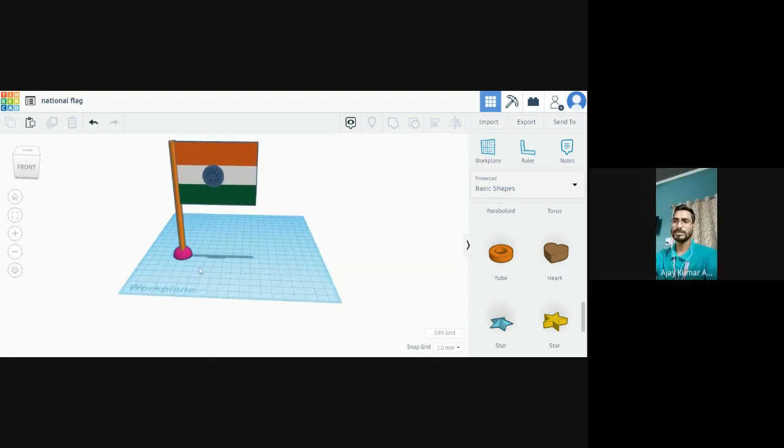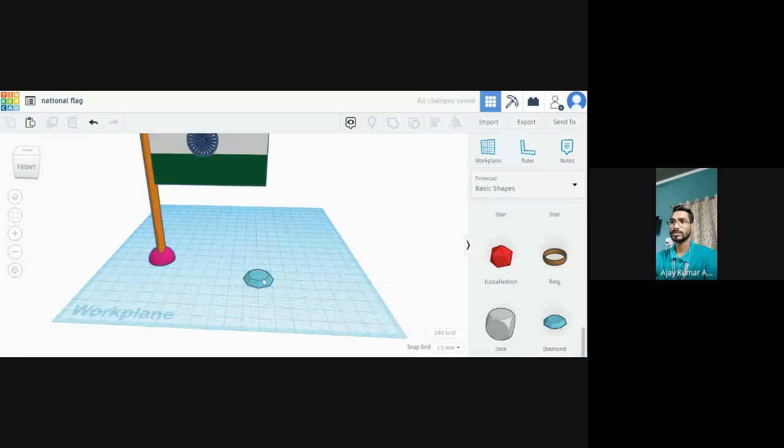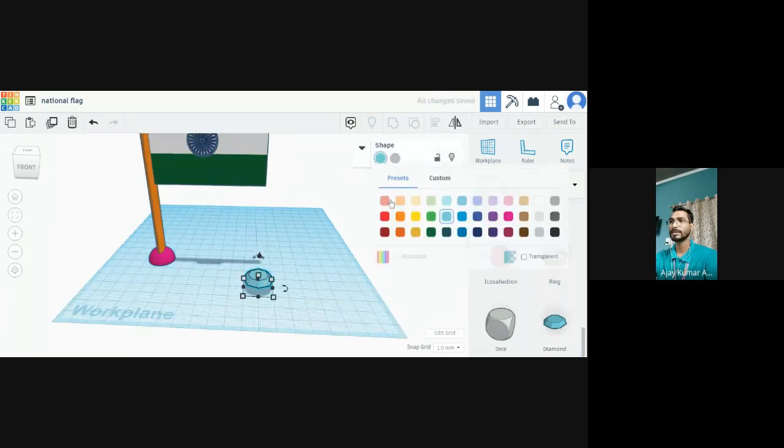Also, students, you can change the dimensions of the base. You can make it with the tube, or you can make it with the dice one, the diamond. You can also choose the diamond like this, which is really quite good to see. You can choose it and make it black color, or select the dark one.